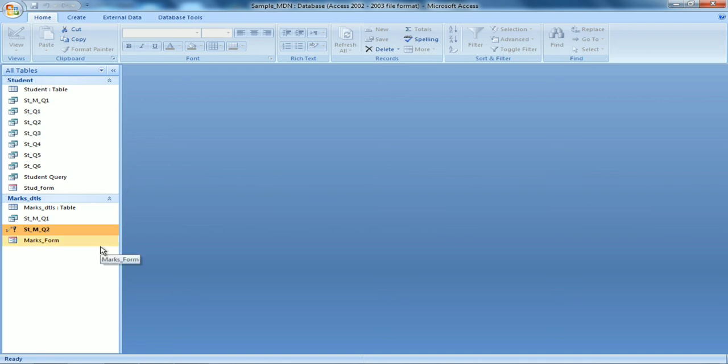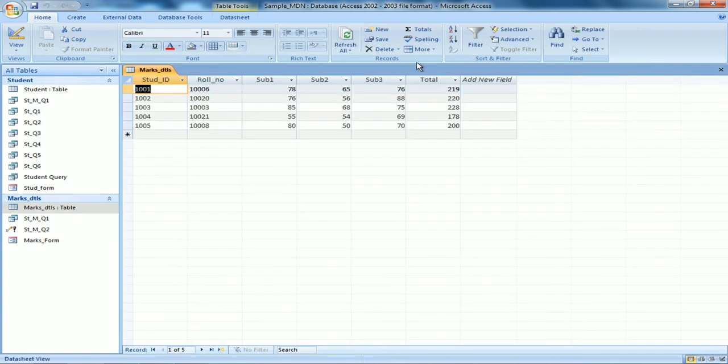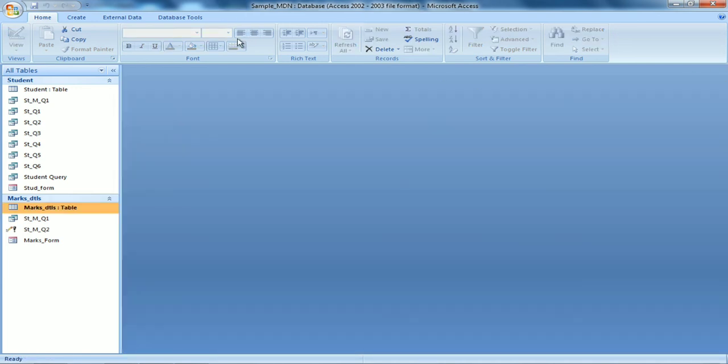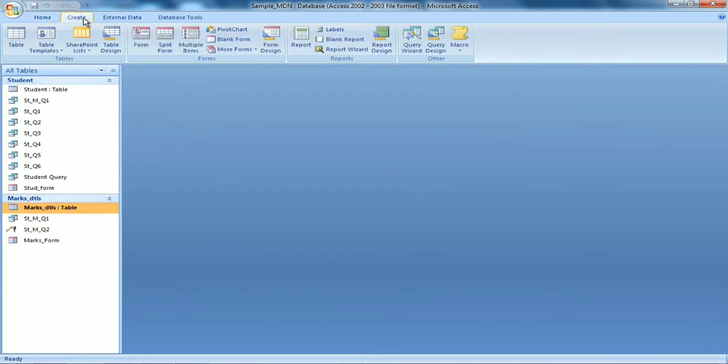Now my total is here. Now I am going to write some other query which will only retrieve the total from here and the details from the student table.